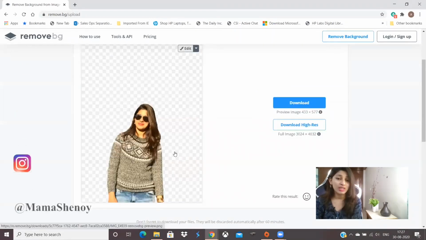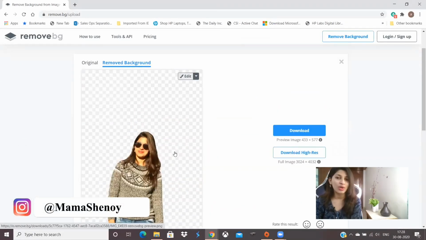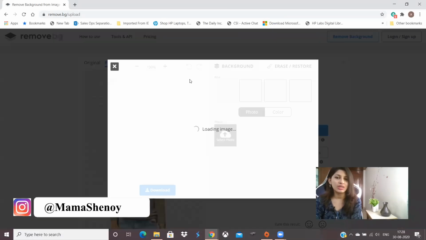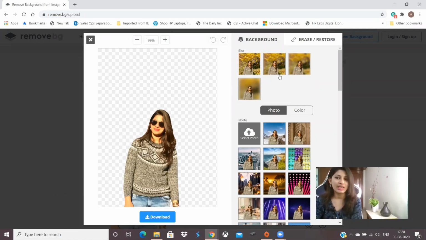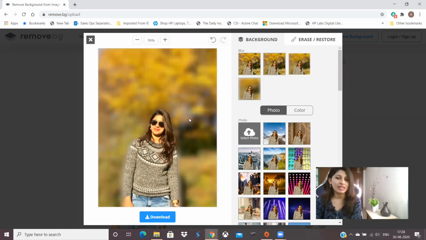One more thing I also want to call out here is, if you get into this edit section, click on that edit section, and you see a couple of built-in options that you also find in this tool, right? Imagine I like it to be blurry with the same background, then I can still do that.